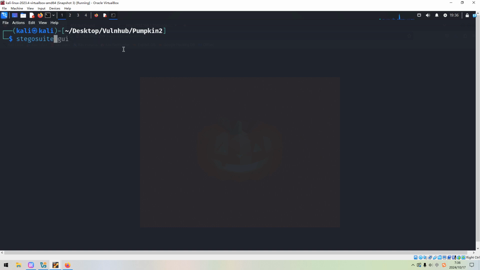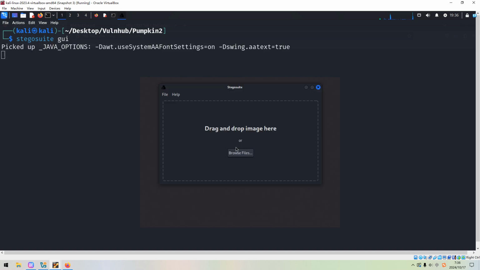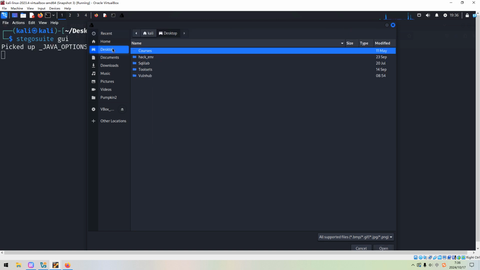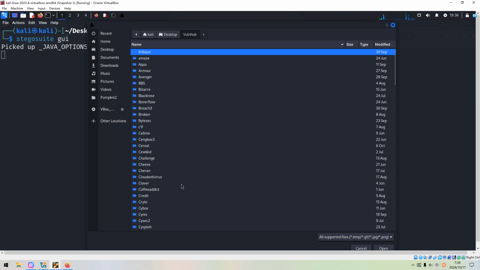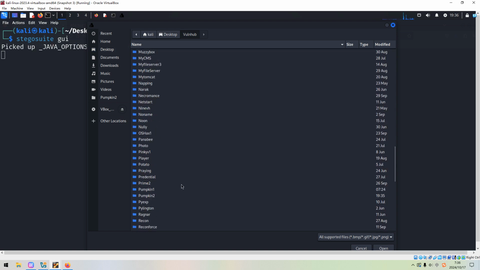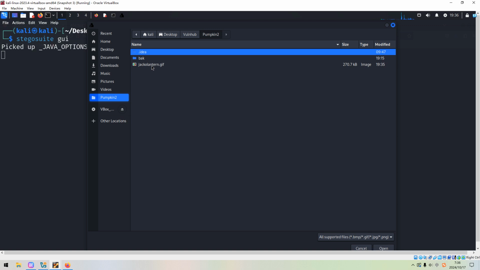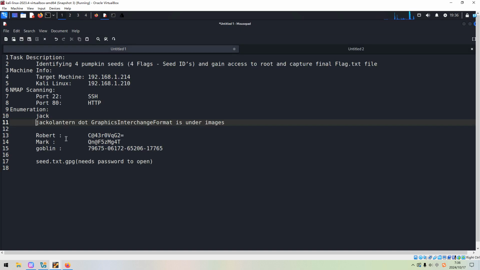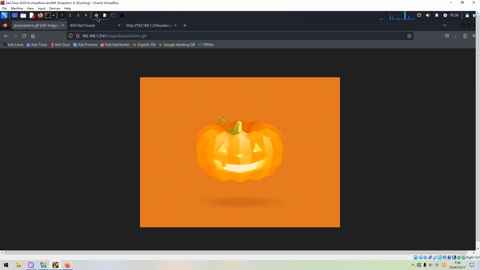Steganography Suite, and we can use the GUI to open up, and we can browse the files and navigate to our working directory, pumpkin2, and select. So we need to provide the password. Just now we have already got some password, right? So maybe this one we can copy.